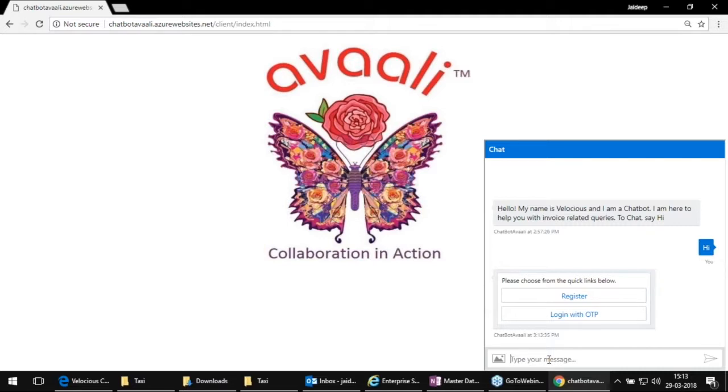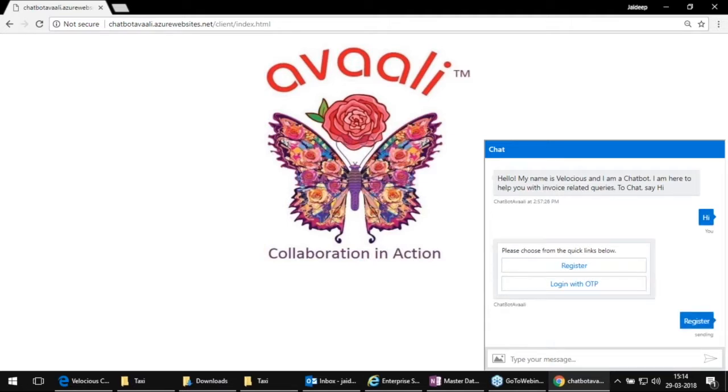So vendor is, assuming that the vendor is already onboarded, and it has information about how to communicate with the vendor in terms of his email ID, website, phone number, and all that, right? So we have two options here to register the vendor to work with the chatbot, right? So let me start with register.